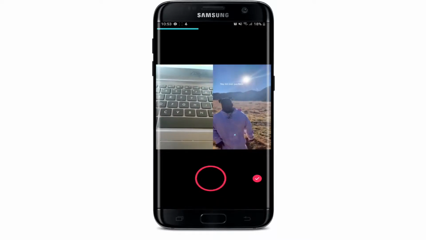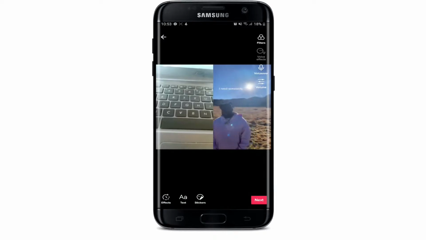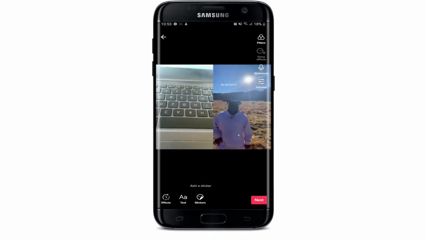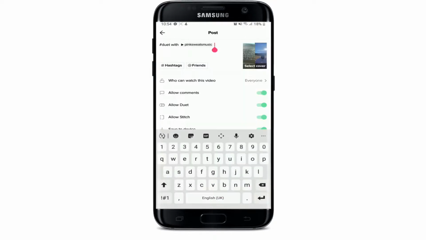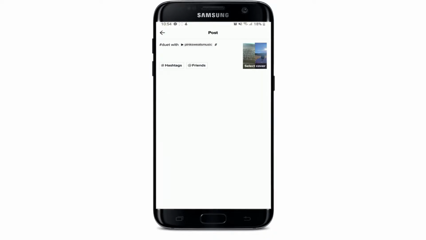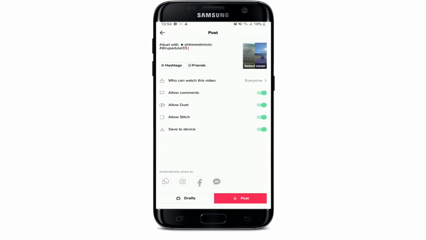Simply record your video. After you are done, add effects if you want to, text and stickers, and tap on the next button to upload. Type in the description for your video. You can hashtag and add friends by tapping on @friends and selecting the person you want to tag, and that is pretty much it. Simply tap on the post button at the bottom right and your duet video will be